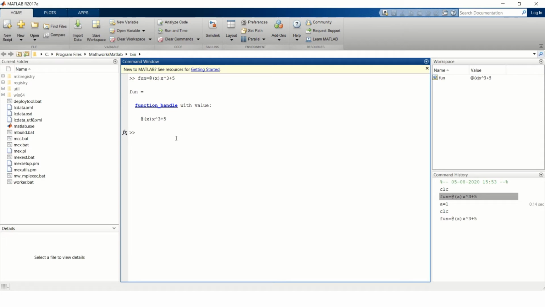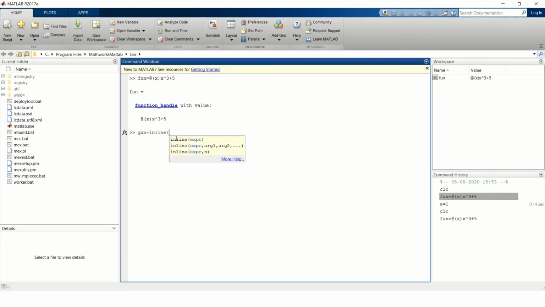Another way to enter your function, I'll demonstrate that. I'll assume that gun is another function of x, so it can be written in MATLAB by using the inline command.